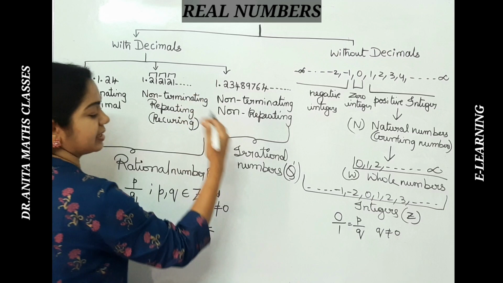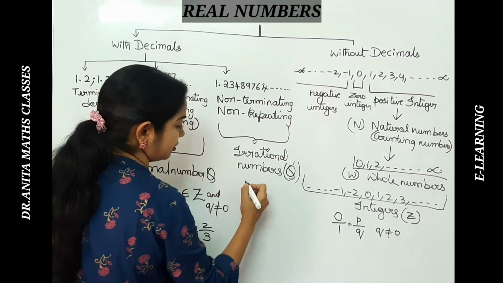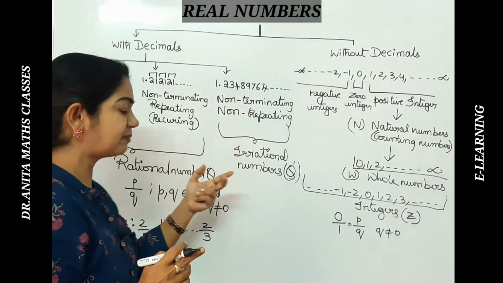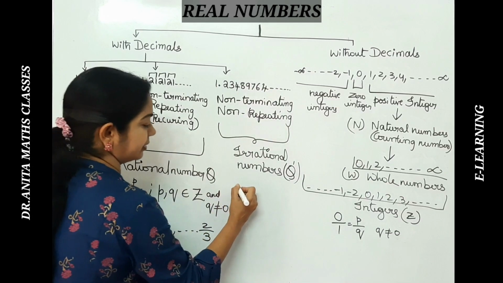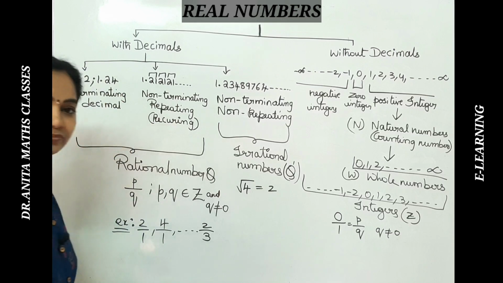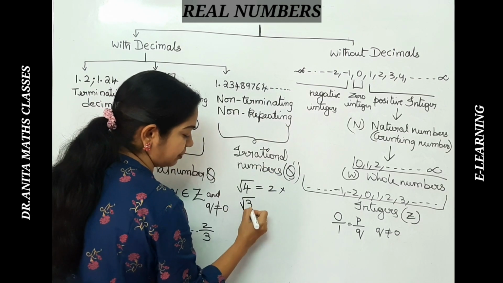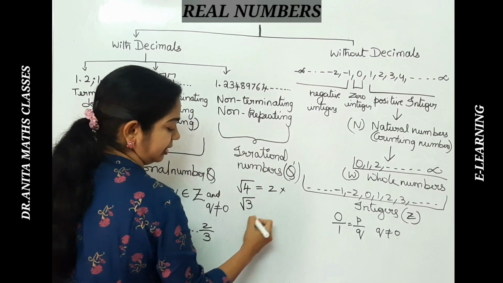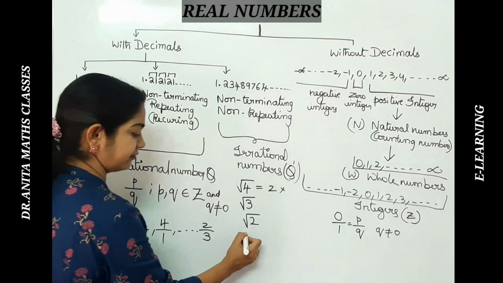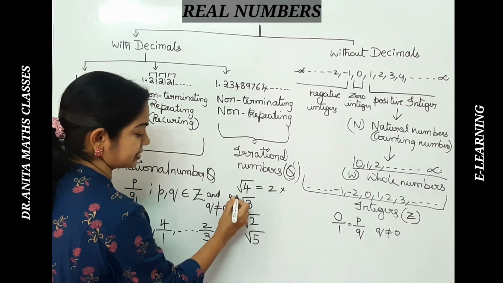Here, irrational numbers are the numbers which are not perfect squares. You have studied the squares and square roots chapter in your 8th standard. In that, what are perfect squares? If I take the square root of 4, this is a perfect square where you get the answer 2, so this is not an irrational number. Whereas numbers which are not perfect squares, root 3, root 2, they are not perfect squares, isn't it? So root 5, these are all examples of irrational numbers.